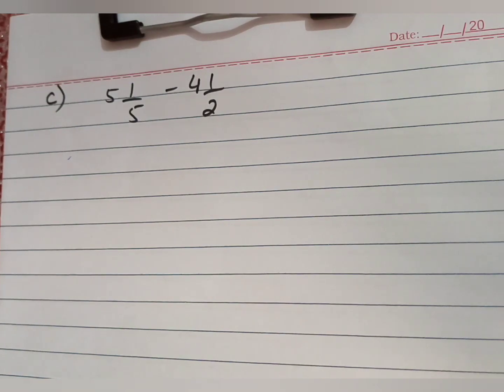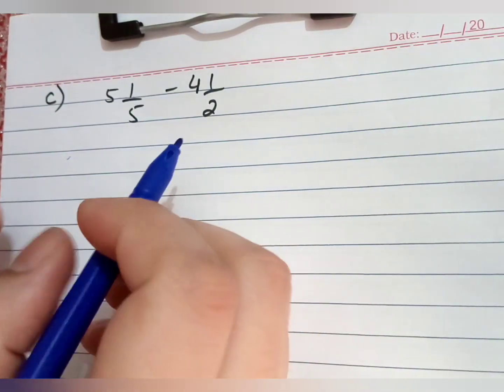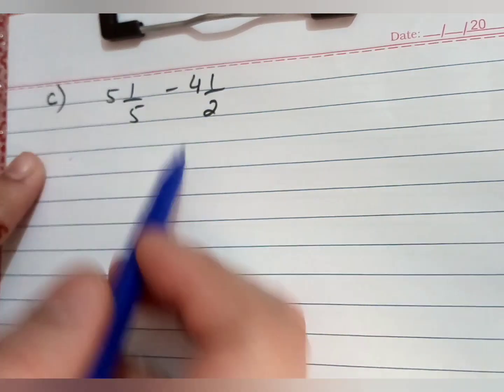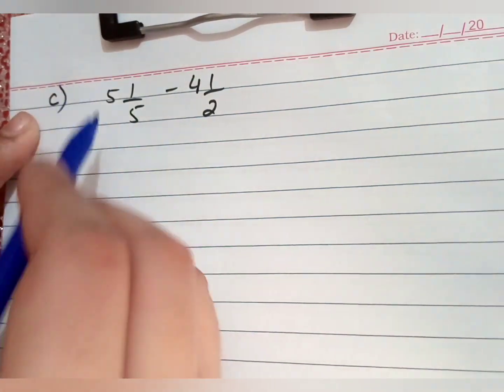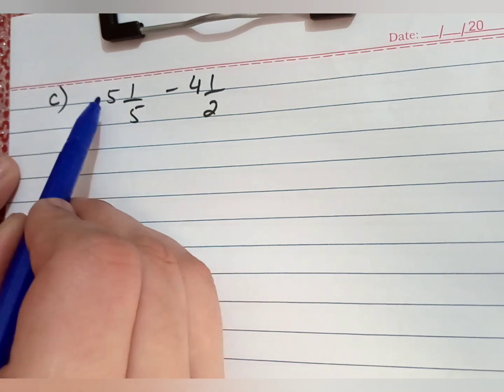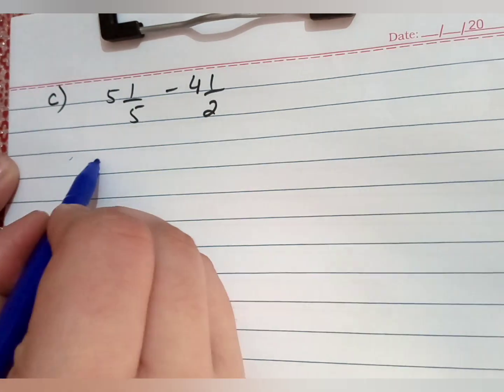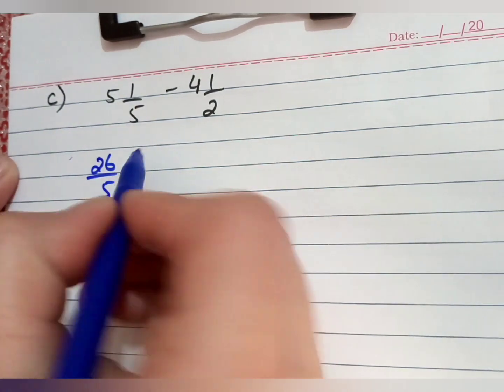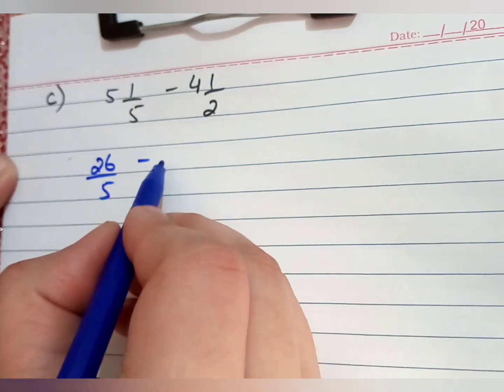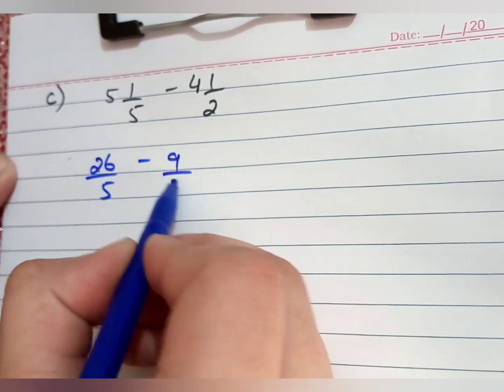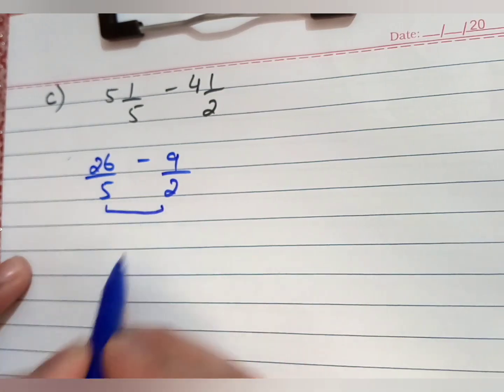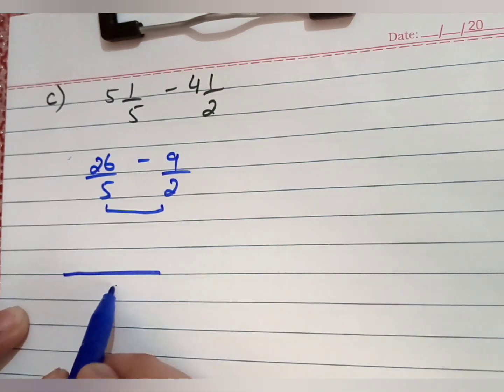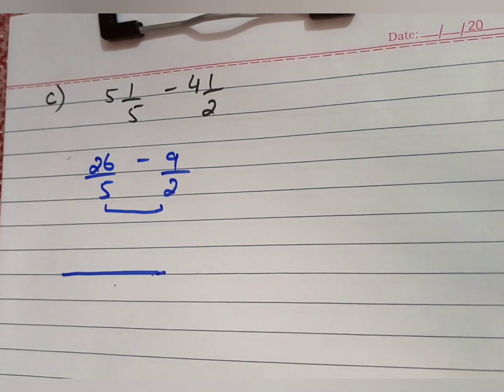Okay students, now we have part C of question 1, exercise 2D. Now again we have a mixed fraction, so first we have to solve these mixed fractions. 5 5s are 25 plus 1, 26. 2 4s are 8 plus 1, 9 by 2. Now we will take the LCM, and I hope that after doing all these questions you will be able to practice solving this question fast.